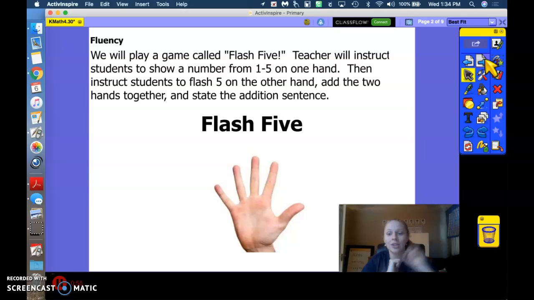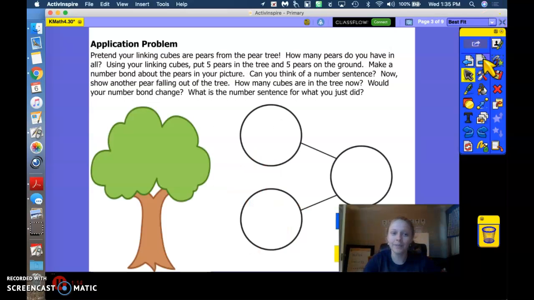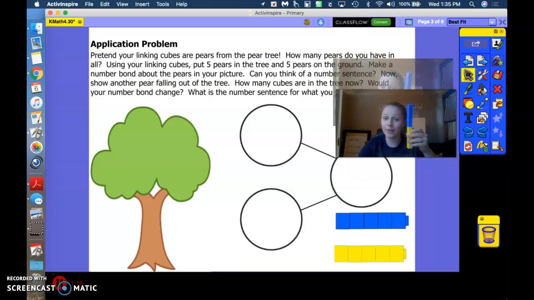Show me 2. 2 plus 5 equals 7. Good job. Show me 5. Add 5. Good. 5 plus 5 makes 10. Great job. All right. Pretend that you're linking cubes if you have them, or follow me on the board, but